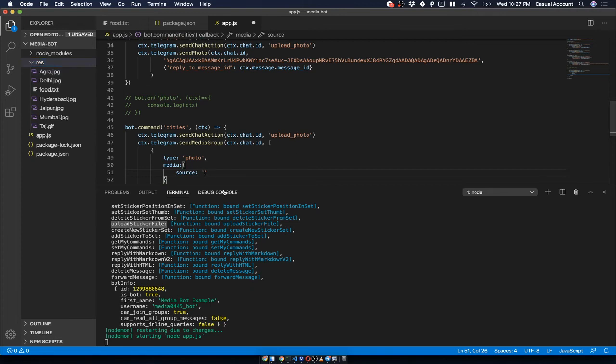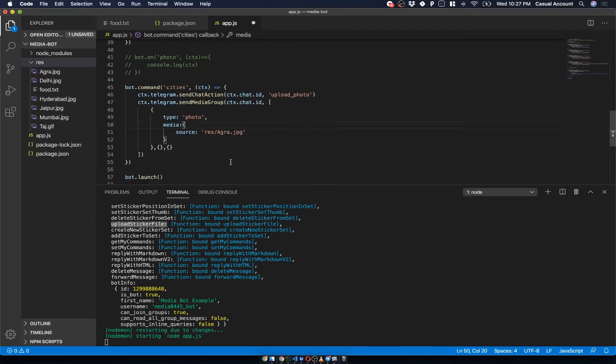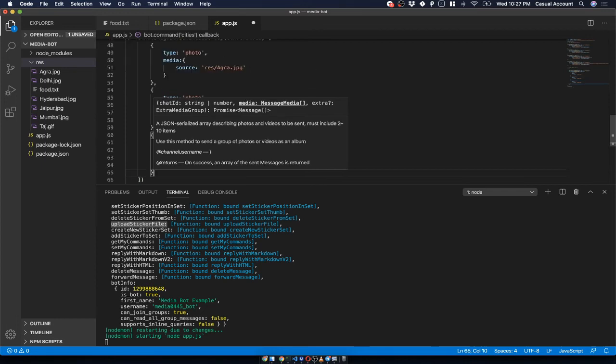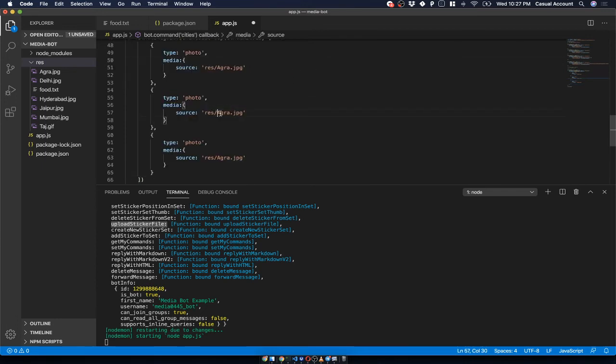So let's put in some of them. Resource slash agra.jpg. Okay, let's create the same for others as well. I'll copy it, paste it a few more times, and inside the second one is, let's say, Delhi.